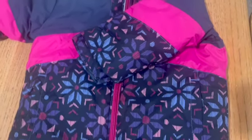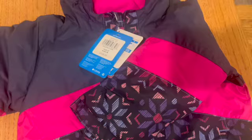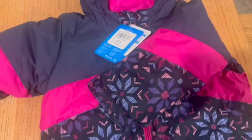I don't remember exactly how many I bought, but you can see here, last year, the regular price was $105. I have 2 different colors, so this is by far the most popular color. So I sold this for